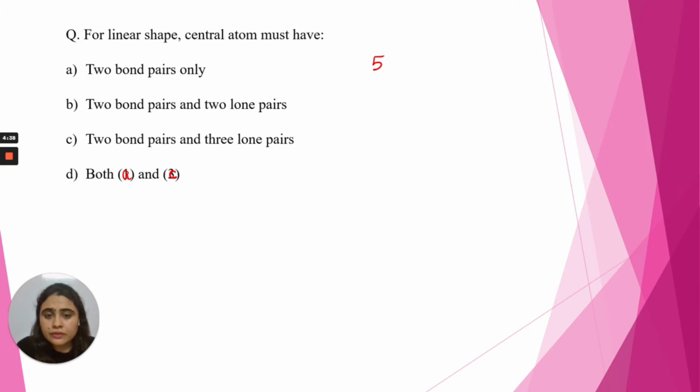Suppose there are 5 bond pairs only, and no lone pairs. So immediately we should understand that if it is 5, then the hybridization should be sp3d and it is an AB5 molecule. If it is 5, all 5 are involved in bond pairs. Lone pairs are 0. Similarly, if the number is 2, the hybridization should be sp.